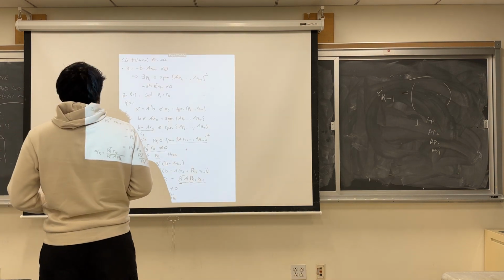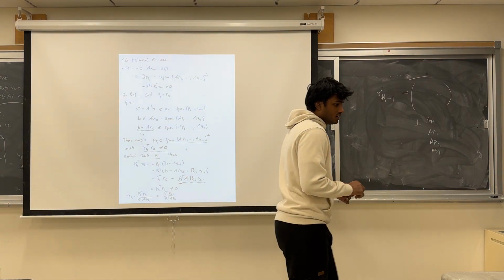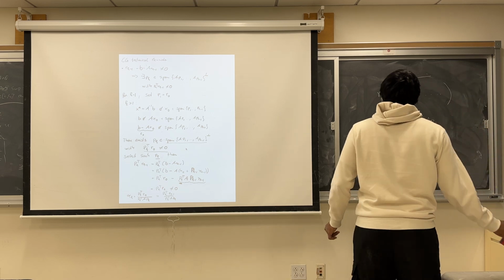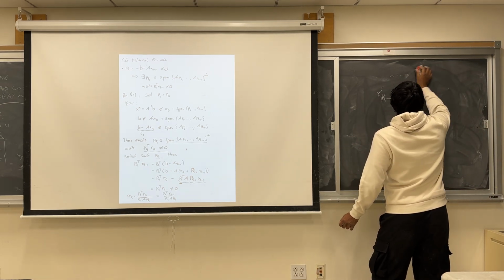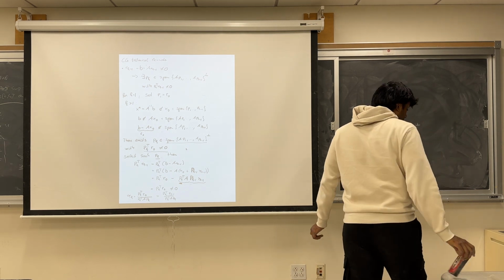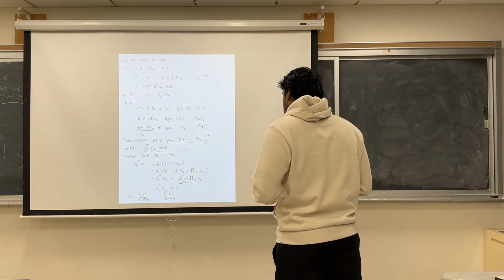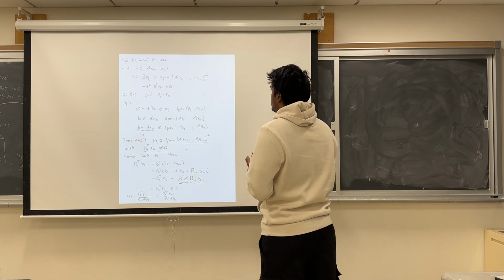Let's see what happens by choosing our P_k such that it's A-conjugate to this and closest to the residual. What happens is,